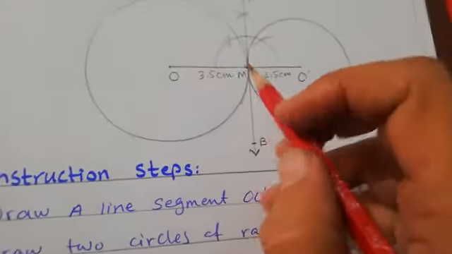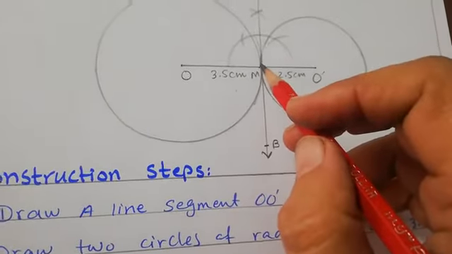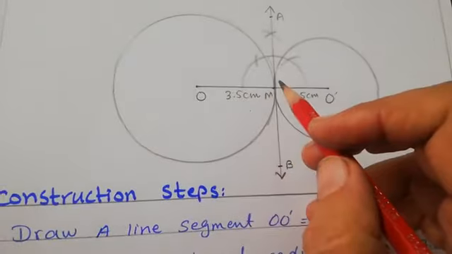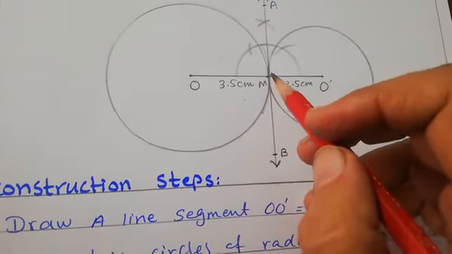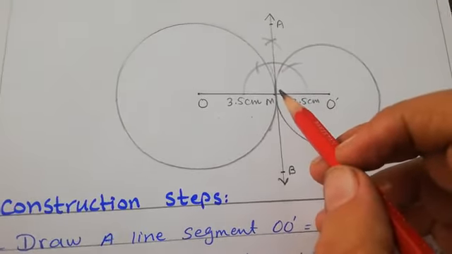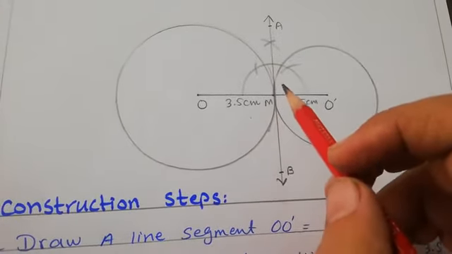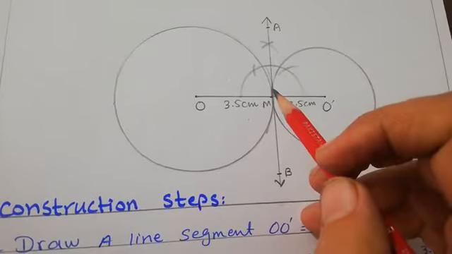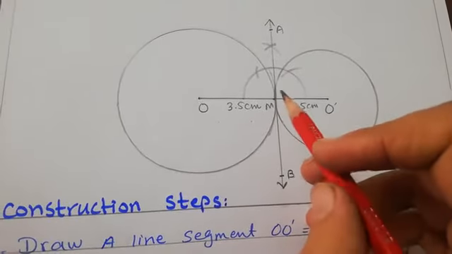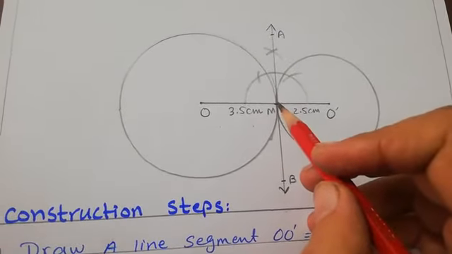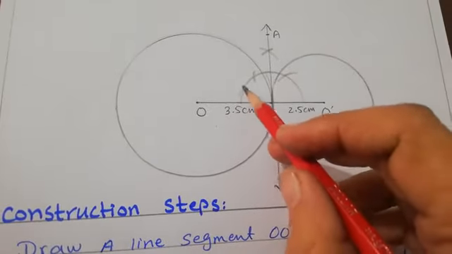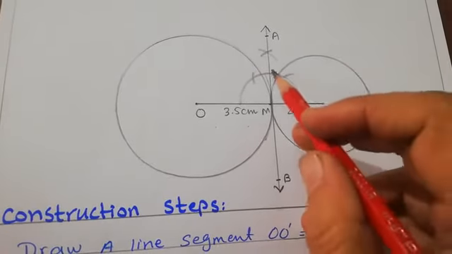And at the end, we will take the point M, the point where the two circles touch each other on that line. And after that we will put our compass at point M and we will draw the angle of 90. How can we draw it? Means we will draw the perpendicular angle or right angle. How can we draw it? First of all you will put your compass here and then you will draw a semicircle, okay.